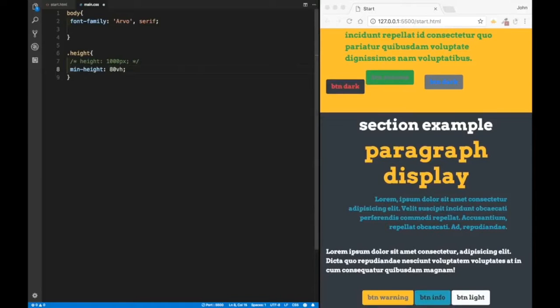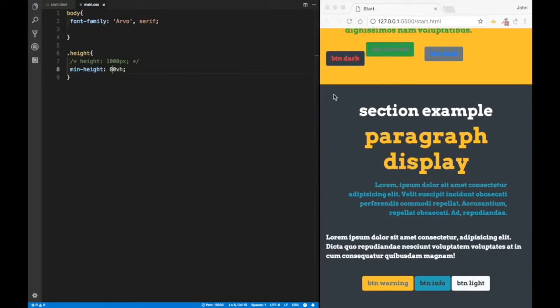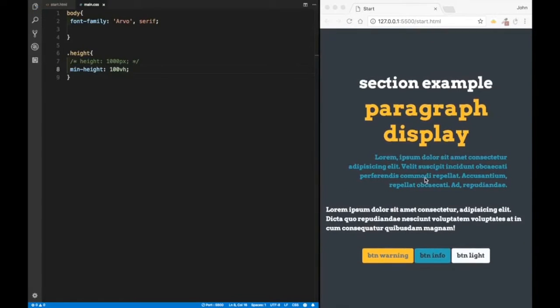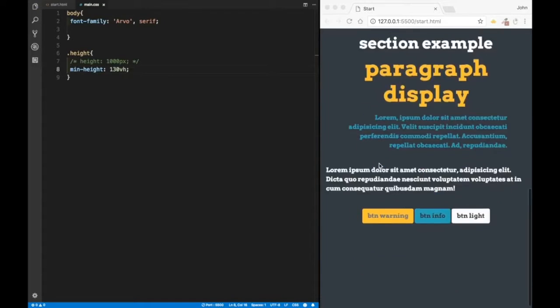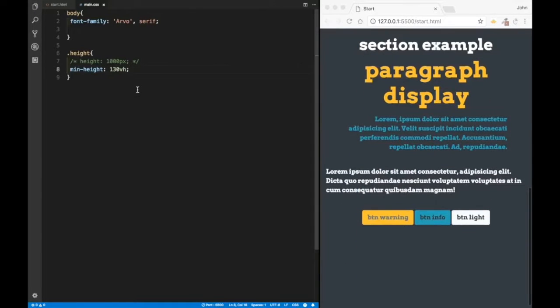Let's say 80. Now I can see that slowly I'm starting to get it in the center, and I actually have some padding over it because my text is taking so much space anyway. So right now, going with 100 does make sense because it looks a little bit better. Save this, and sure enough, we have it. And of course, we can go more. If you want, we can go 130. Now you can see I have to scroll down actually. But mostly I'm going to be using between 60 and, of course, most of the time,